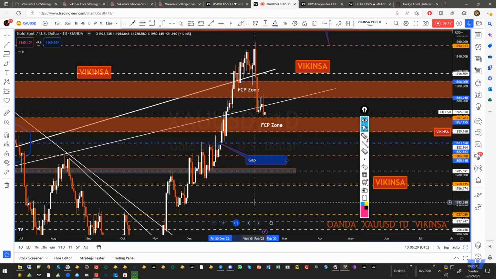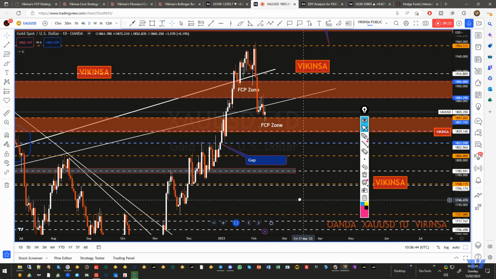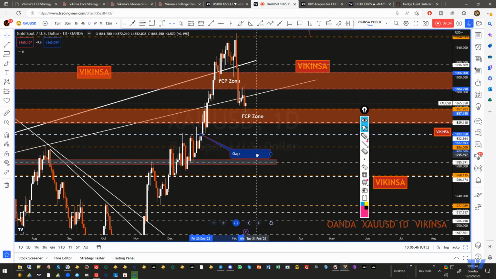There was a post which I posted on LinkedIn and other places, on CHFJPY. I think there was a gap which was closed after 42 years. So do not rely on saying that okay, the gap has to close this week or that week. You do not know about the time, but ultimately they are going to get filled depending on the market's personality. So this can get filled if the market starts to fall down, and if we see that your analysis is also lining up with that, that can be a very good target.